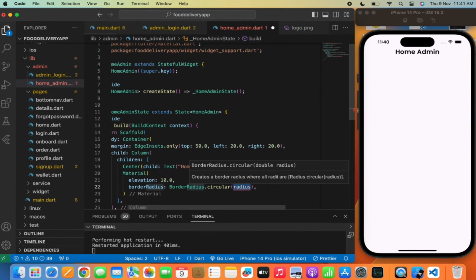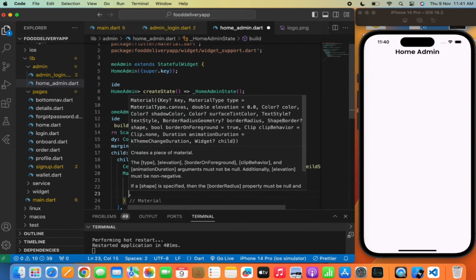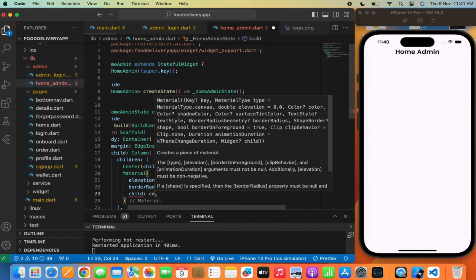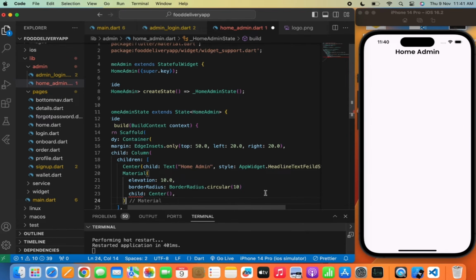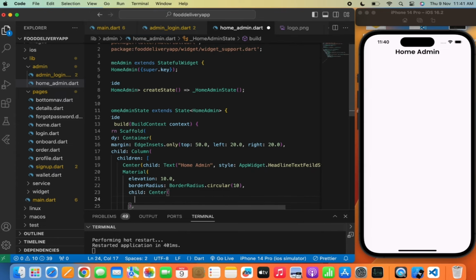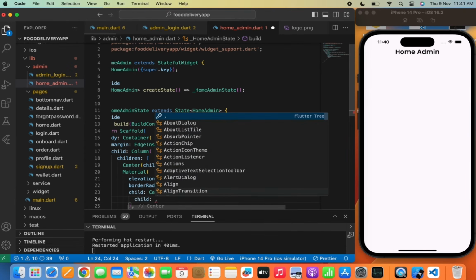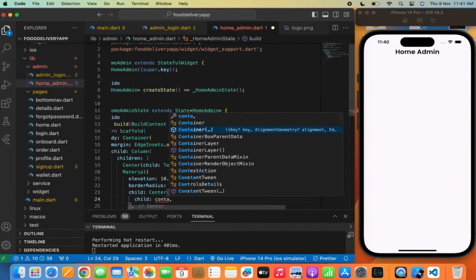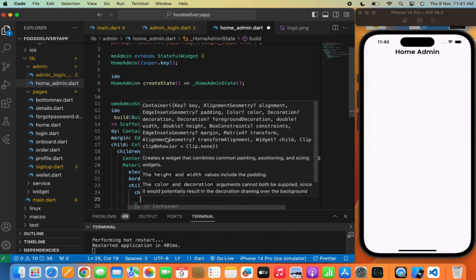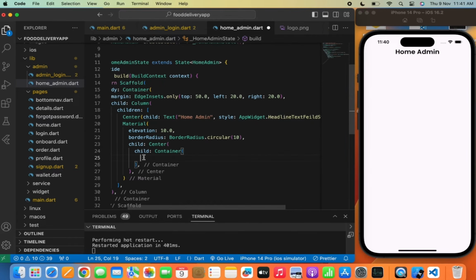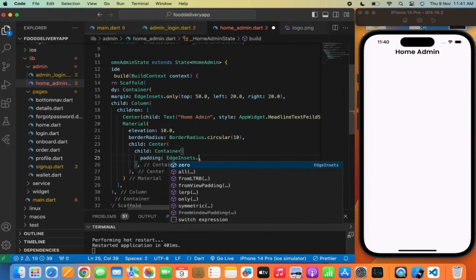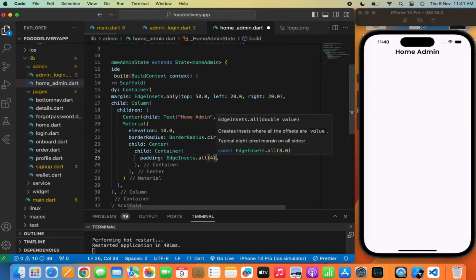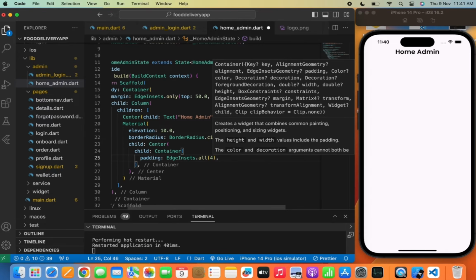Now child Center, and we'll write child again. Now Container, padding EdgeInsets.all 4, decoration BoxDecoration,